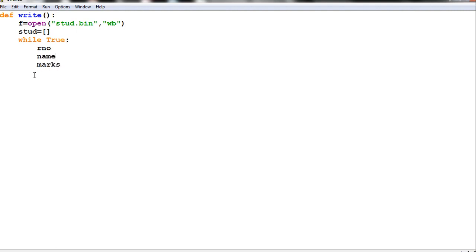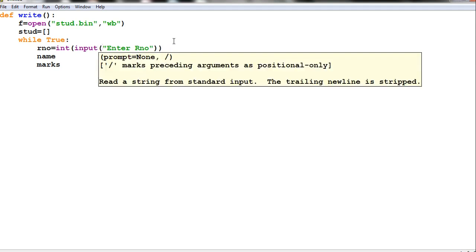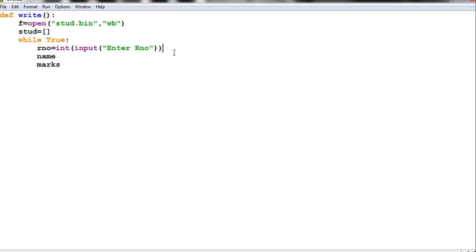Simple thing. Now rnum equal to int input, enter roll number. Here I had to give one more bracket, I should not commit the mistake. Enter input roll number, right?